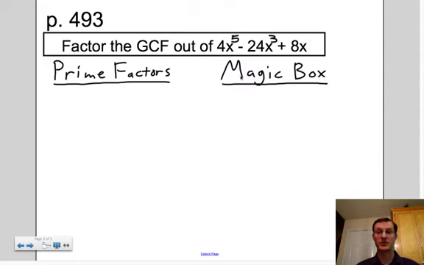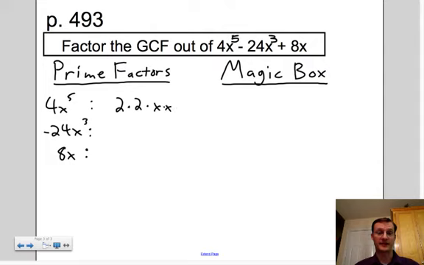4x to the fifth minus 24x cubed plus 8x. Well, the first way is to take the prime factors. So we're going to list these out. 4x to the fifth, negative 24x to the third, and 8x. And we're going to break these down into their prime factors. Now I'm going to say that this is 2 times 2 and then 5 x's. This is negative 1 times